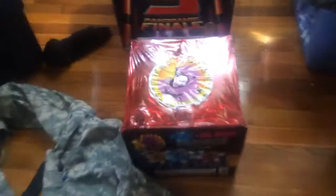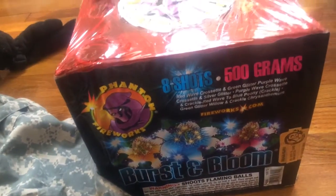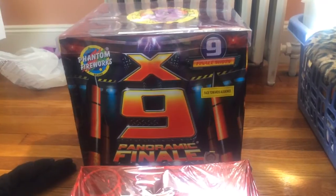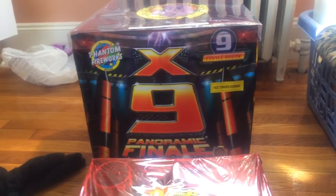Now, on to the big finale. I also got a Burst and Bloom here. Very nice piece. I saw this. It's pretty cool. HR 500 grams. And this, the X9. That's my baby right there. That's the big finale. I'm actually thinking about using the Phantomonium in front of that, going off at the same